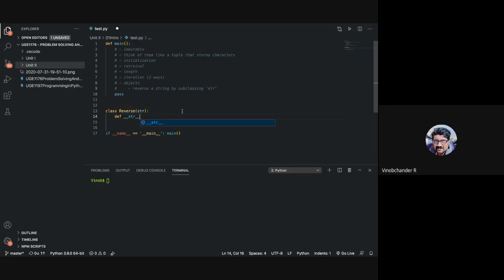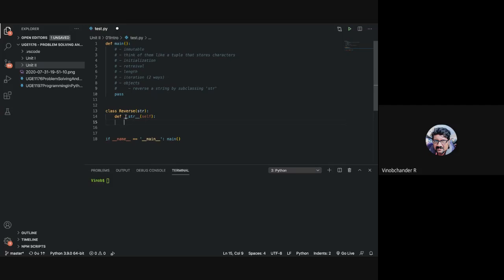All right. And if you can remember, whenever you define a method for any class, all the methods should have a parameter or an argument that references the current object. So here, as a best practice, as I've already mentioned, it is self, if you can recall. So I pass that self here, and let us do the logic for reversing the string within this particular function. You can make use of a loop and reverse the string.